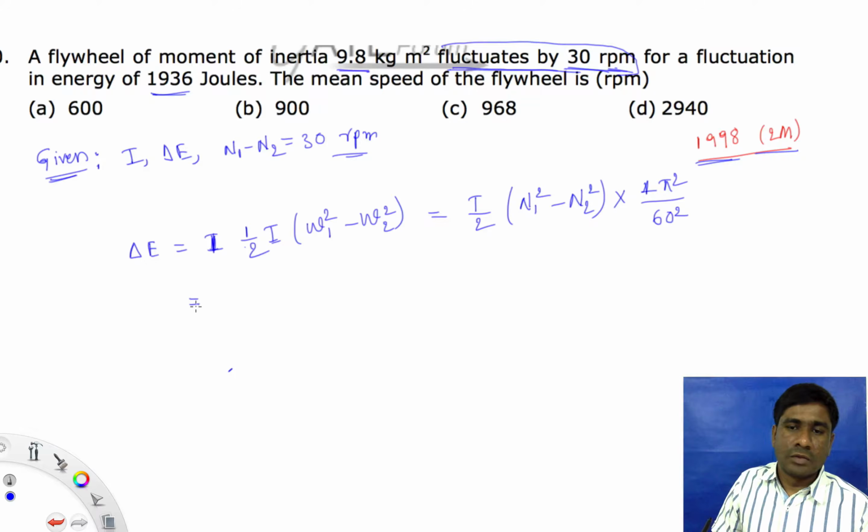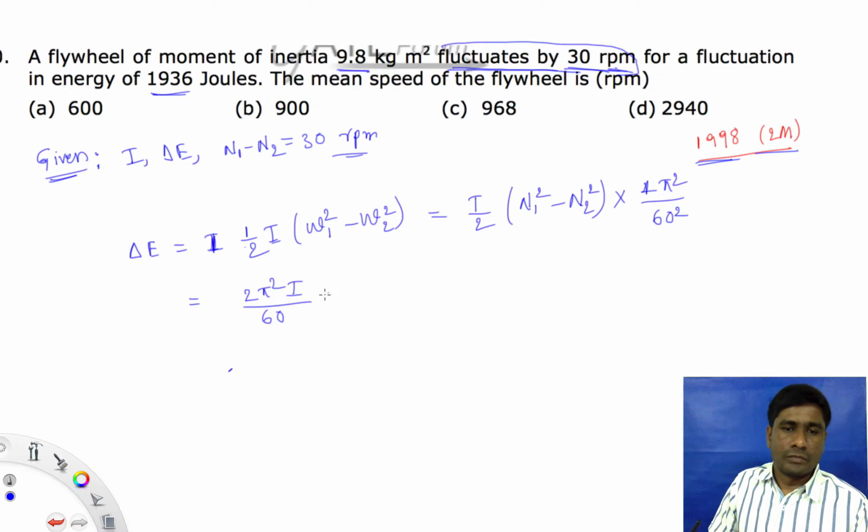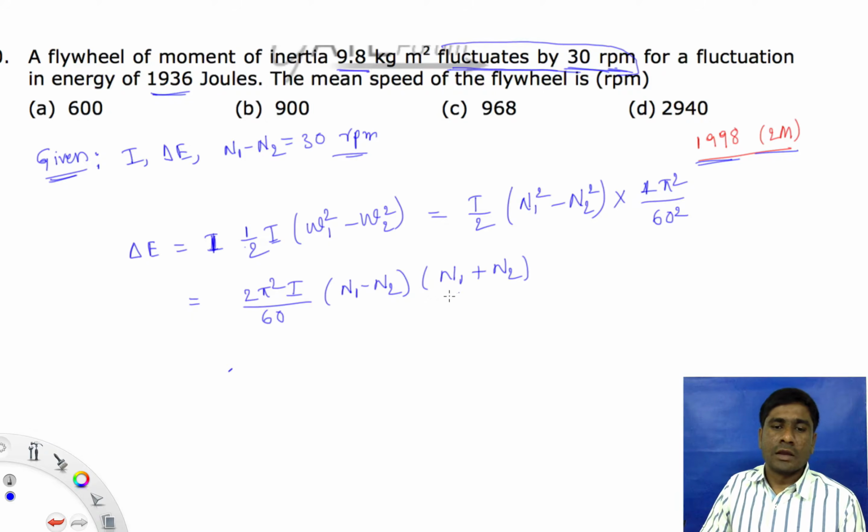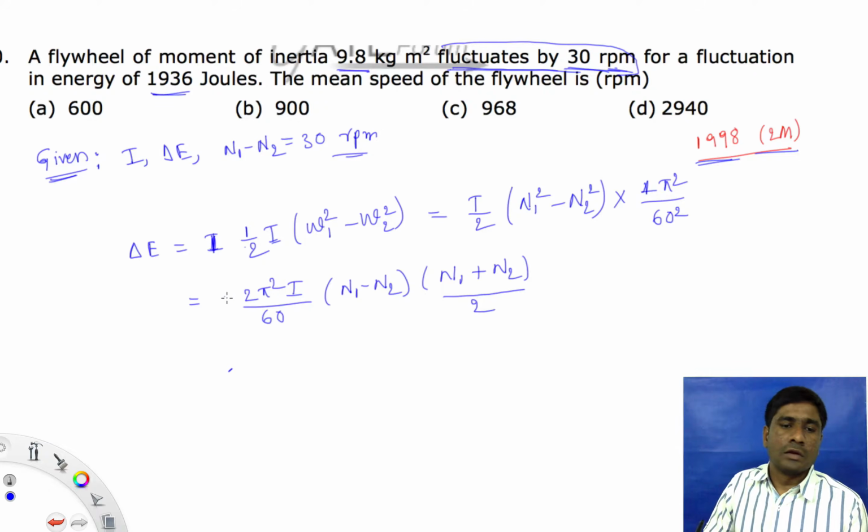And again this can be written as 2 pi square I by 60 by 2. This 2 will cancel 2 times in this 4, and this can be written as n1 minus n2 into n1 plus n2, since a square minus b square equals a plus b into a minus b. And can I write 2 here and multiply 1 2 here? So this will become